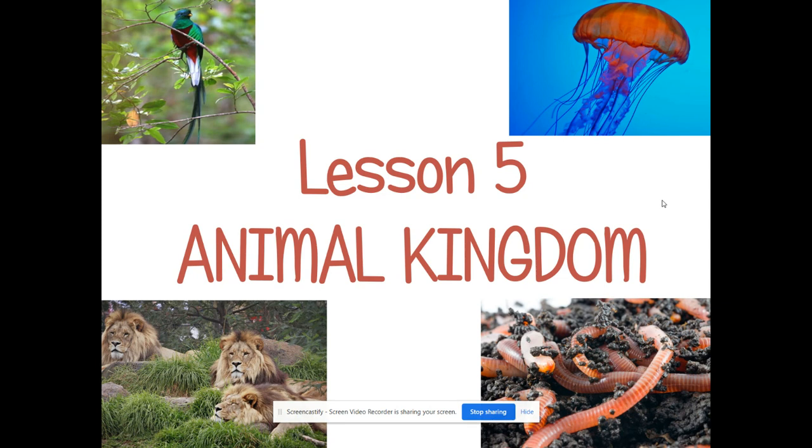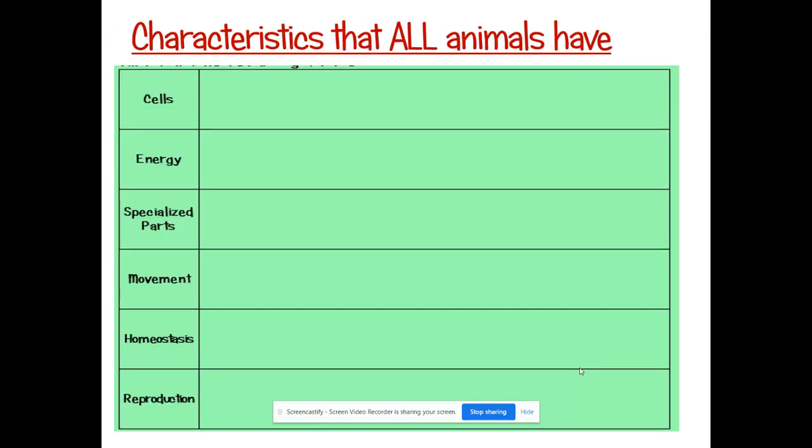This kingdom is very diverse. A jellyfish is an animal, a bird is an animal, a lion is an animal, an earthworm is an animal, and so are humans. And we're very, very different. It's a very diverse kingdom, but what we share in common are 6 characteristics. That's what this first page is in your notes. This is page 10 in your green packet.